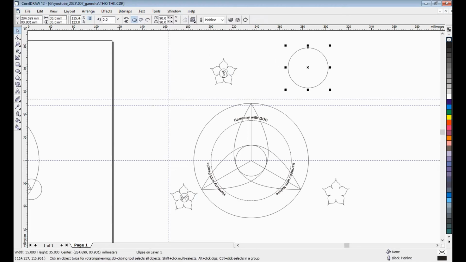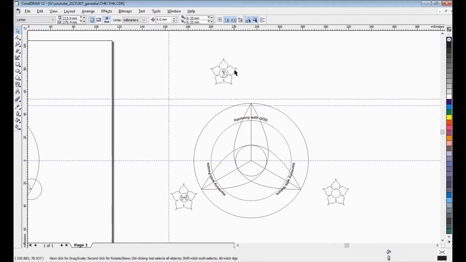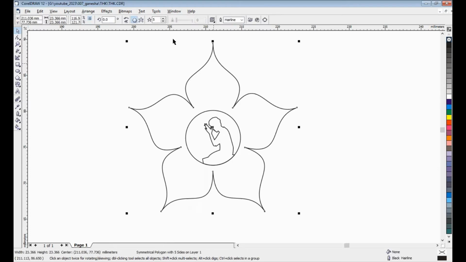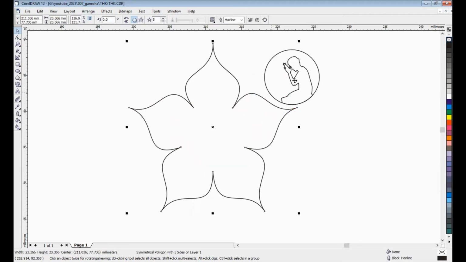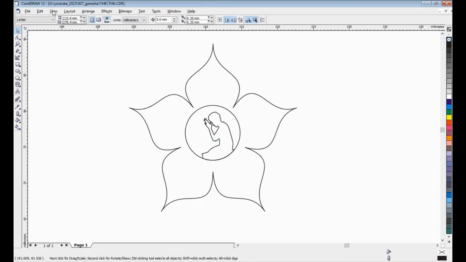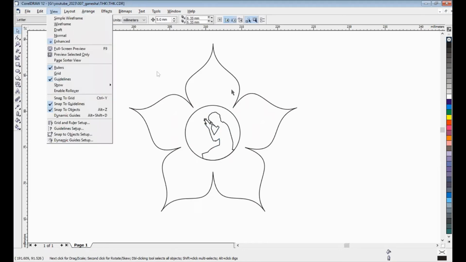Point, yeah, 7.6. Maybe here. Okay, let's try. Maybe we can adjust the position. I think it's okay. Okay, let's check.